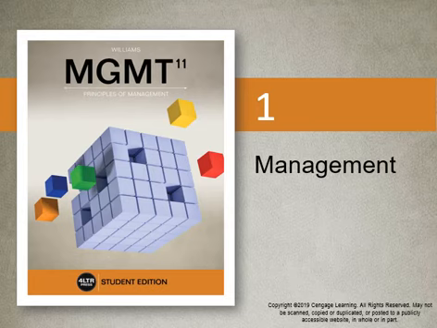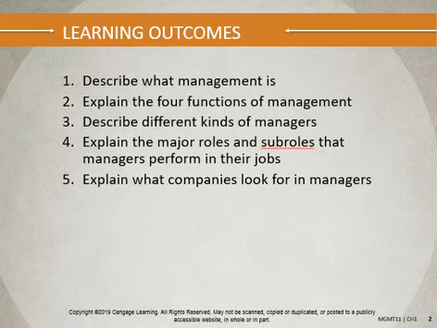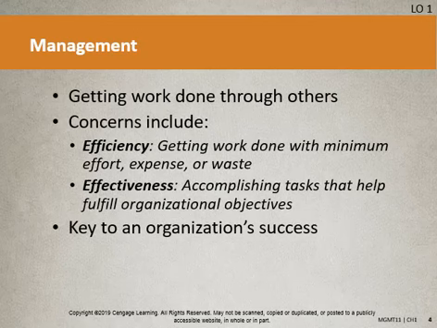of our hands-on projects. Your textbook describes a variety of learning outcomes for Chapter 1, but the most important piece is that it explains the 4 functions of management and what managers do. In management, the primary task is getting work done through others. As a manager, you are concerned with the efficiency of the effort, expense, and waste that it takes to be able to get each process completed. You're managed on the effectiveness of your ability to minimize each one of those areas to help the organization be